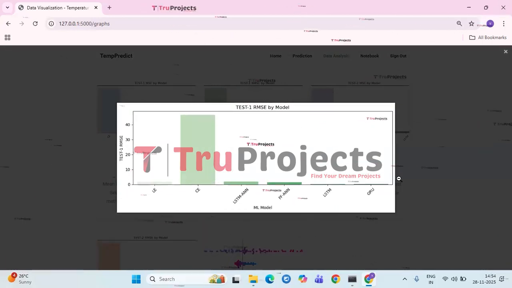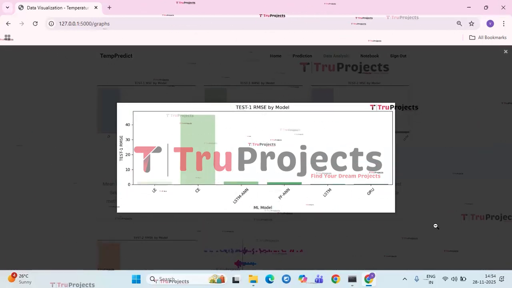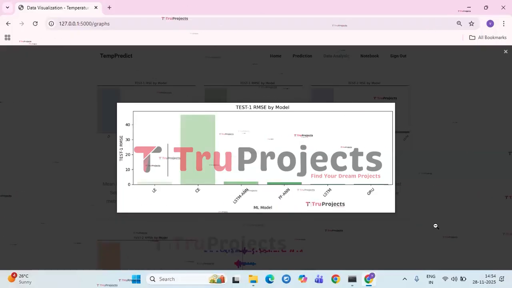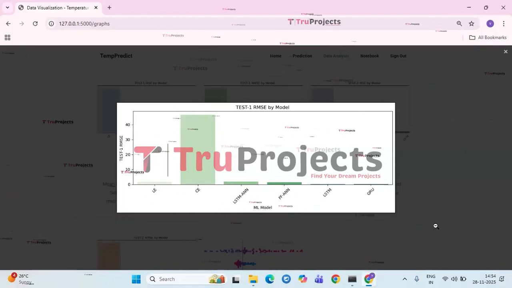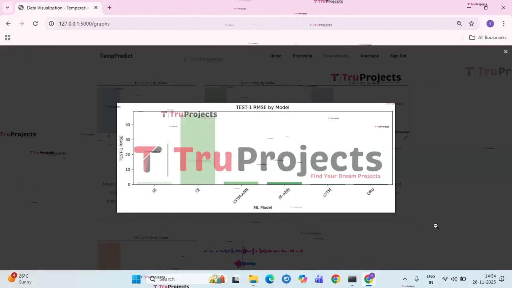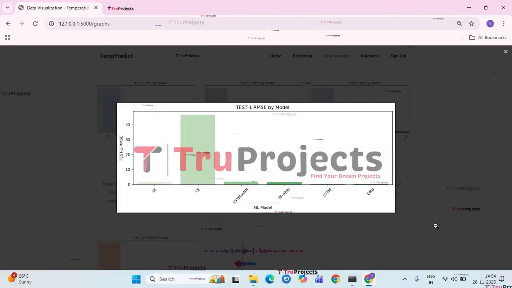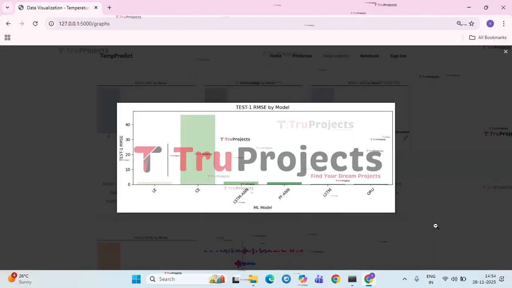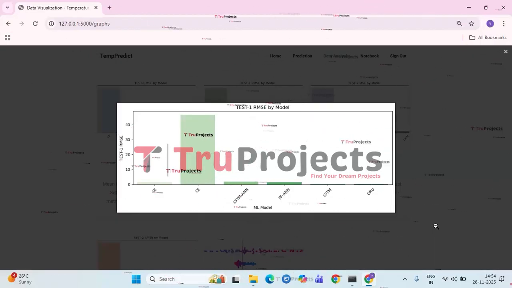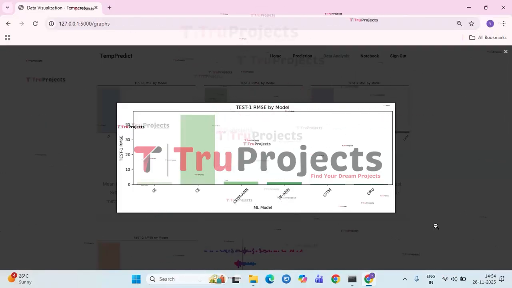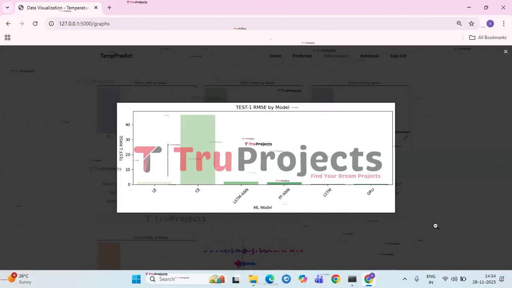And next we have test one RMSE model graph. The graph illustrates the root mean squared error for the same set of machine learning models on the test 1 dataset. RMSE is the square root of MSE and is expressed in the same unit as the predicted values, making it easier to interpret. Again, the CE model exhibits a very large RMSE, signaling large deviations between predictions and true outputs.